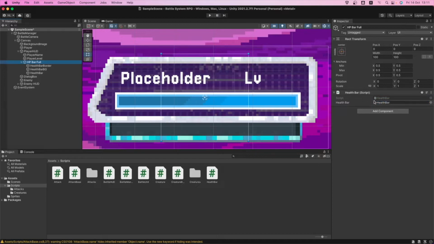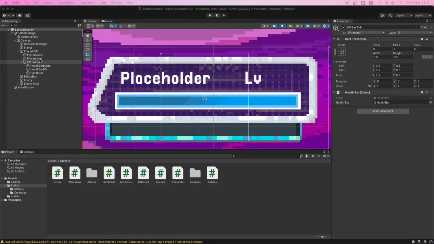Okay, so now to see if this works, we need to start connecting this, because we aren't calling this method, the set HP method, anywhere. So we need to connect it to the HUD. That's where anything that has to do with it is going to be coded.